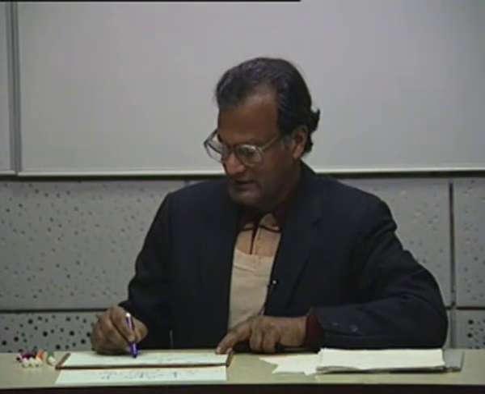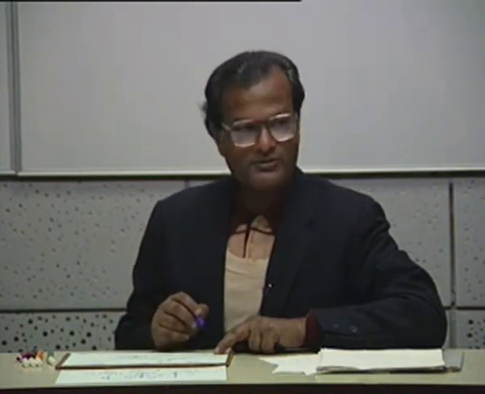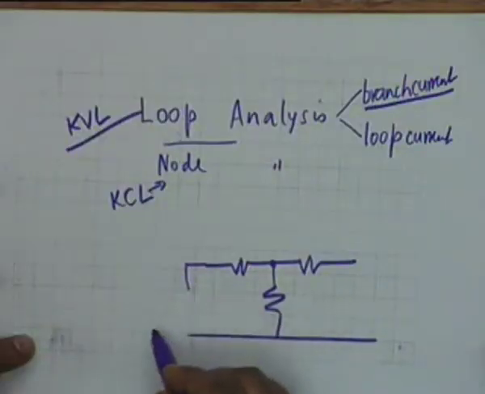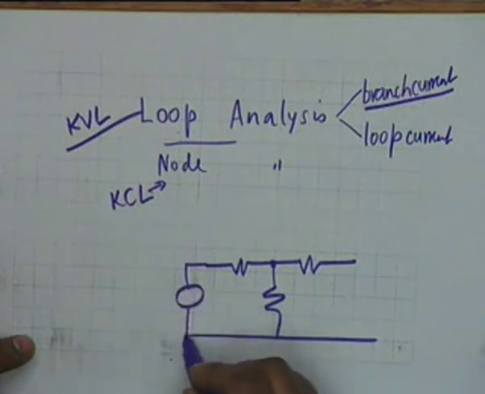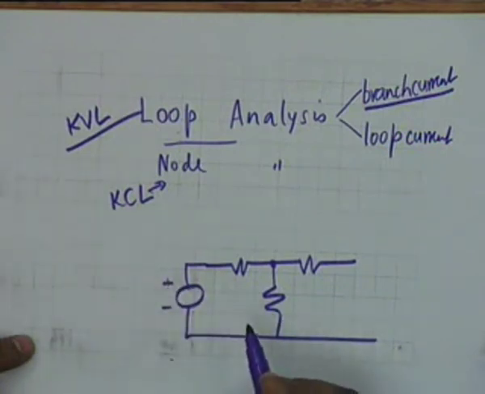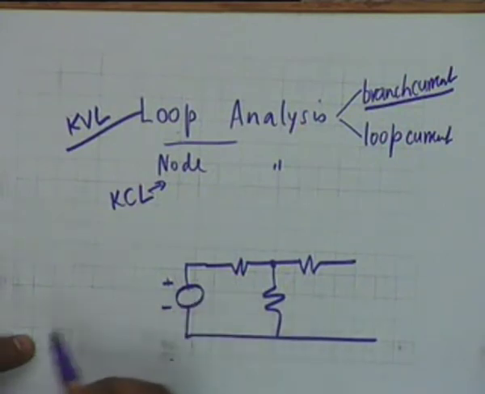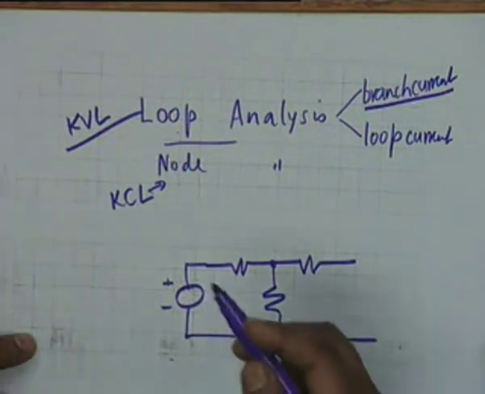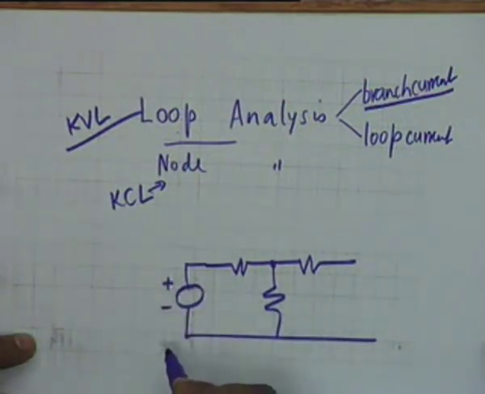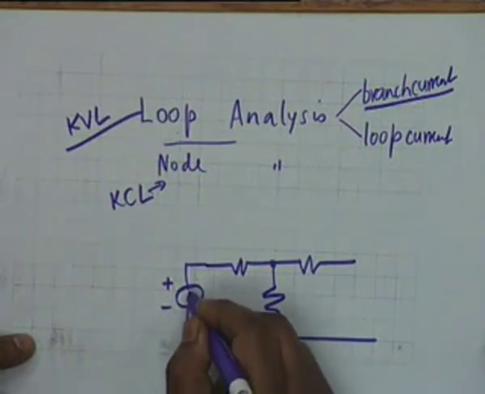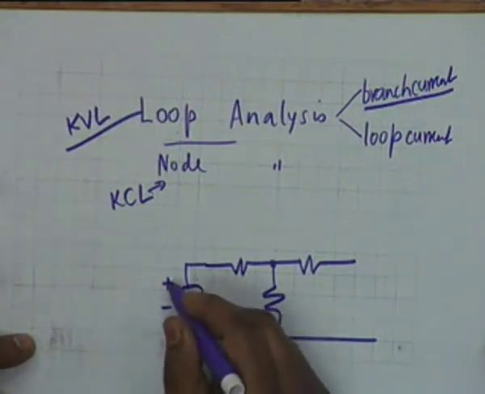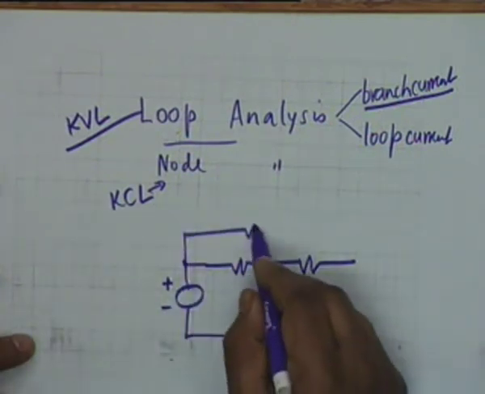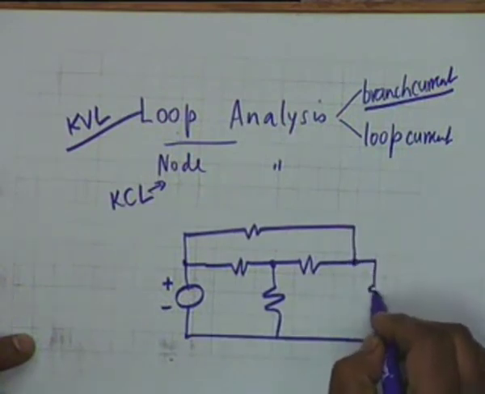Suppose we have a network like this, the same network but not with a current source. Let us say another resistance like this, and then you have a source here, plus minus. Well, it could be a current source or a voltage source. That is why I have not shown it as a battery or a current source. It could be any source. If it is a current source and the current goes in this direction, if it is a voltage source, then this is positive polarity, this is negative polarity. Any direction, it does not matter. You have another resistance here and you have a resistance here.